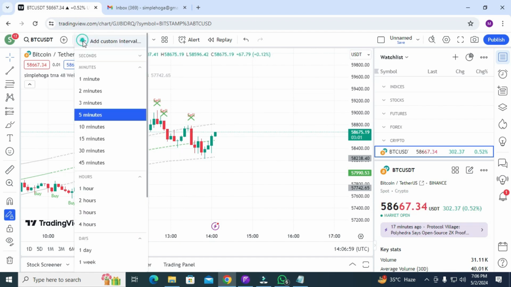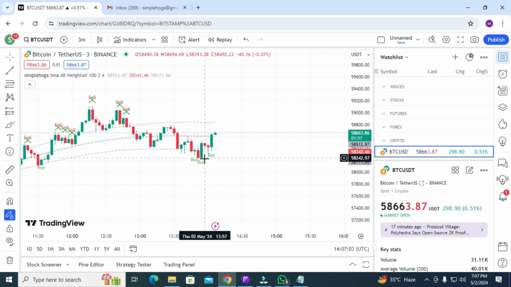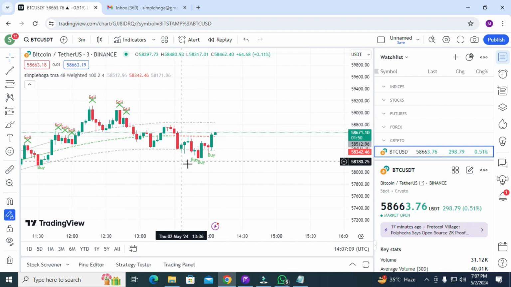So in the 1 minute time frame or 3 minute time frame, there is something interesting here. You can see there are some buy signals. Okay, they also stop you from going for the sell trade, but the buy signal is giving you permission. You can go for the buy trade, like 58,242, and the market is 48,660.